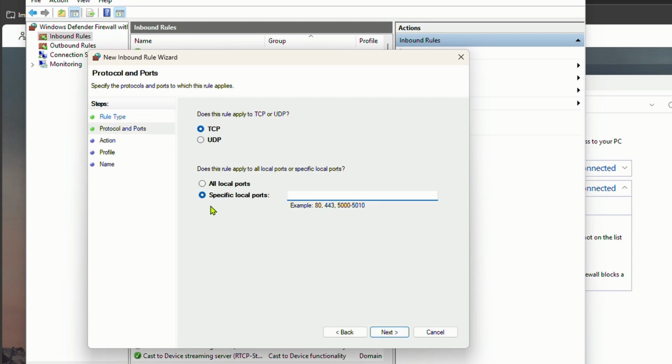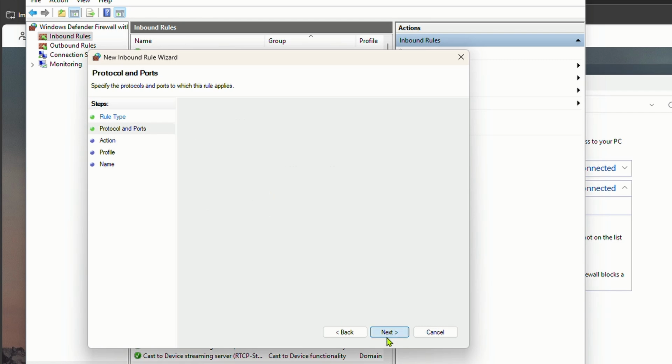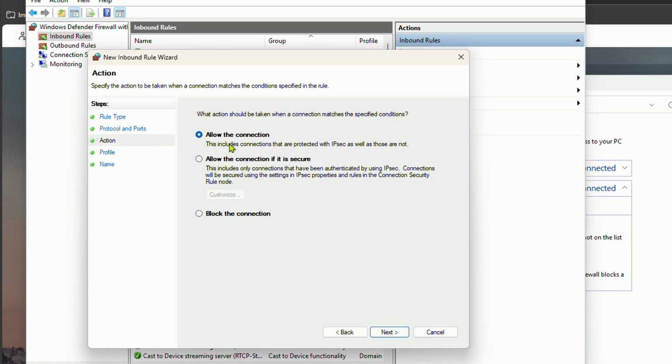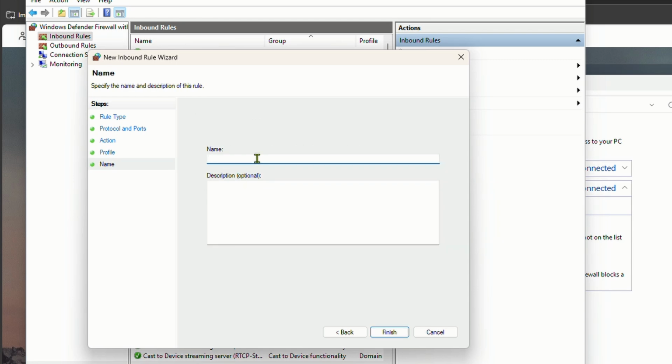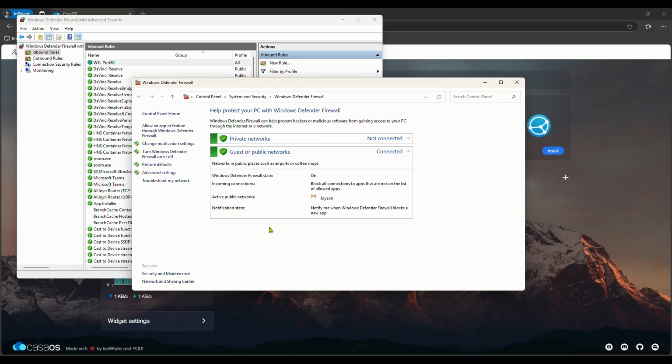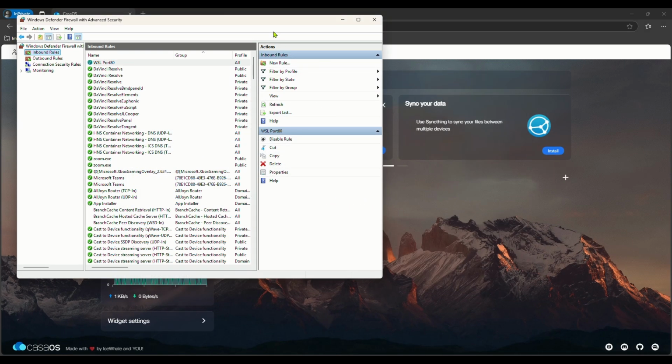Under Protocol and Ports, select TCP. In Specific Local Ports, enter port 80. Click Next. Under Action, select Allow the connection. Click Next. Keep all profiles checked and click Next. Finally, give the rule a name. I'll use WSL port 80. And click Finish. Now, if you access your computer's IP address from another device on the same network, you will